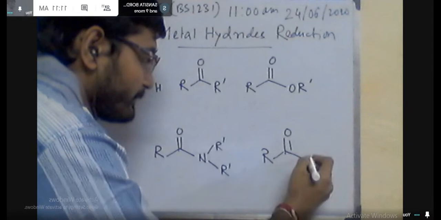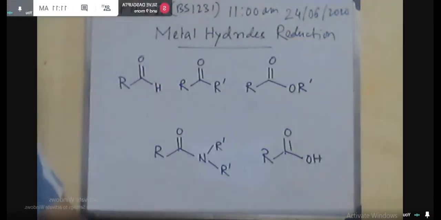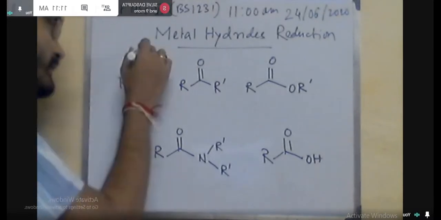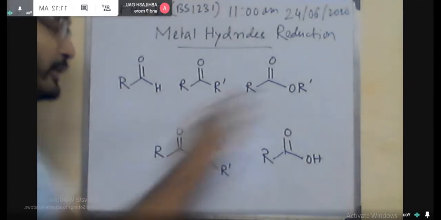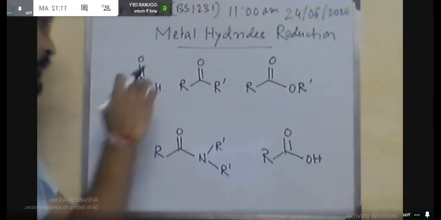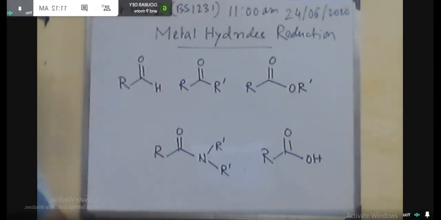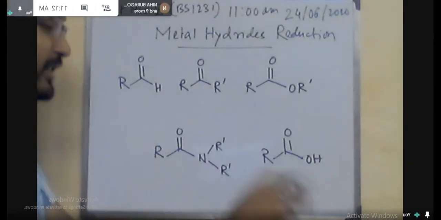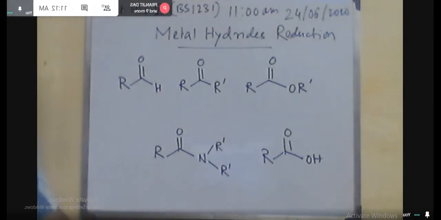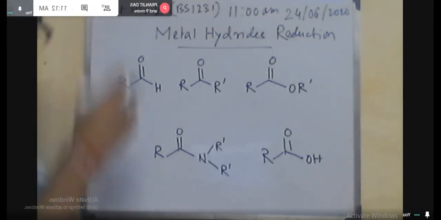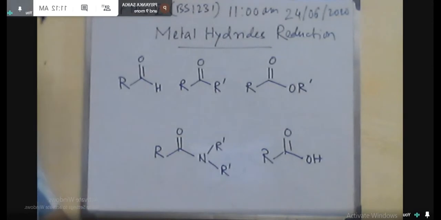So why am I writing it this way? In this case you can see this residue is common for all and only the substituents are different. Now you know this carbonyl carbon is electrophilic in nature, and we have arranged these by decreasing electrophilicity of this carbonyl carbon. Among all these C=O containing groups, the aldehyde is the most reactive. So this is the reactivity order towards the reaction.